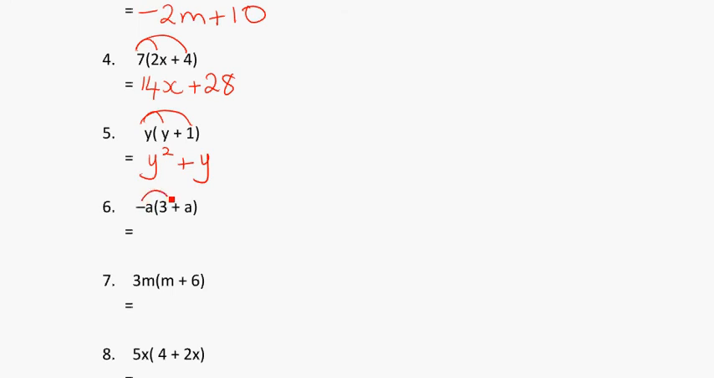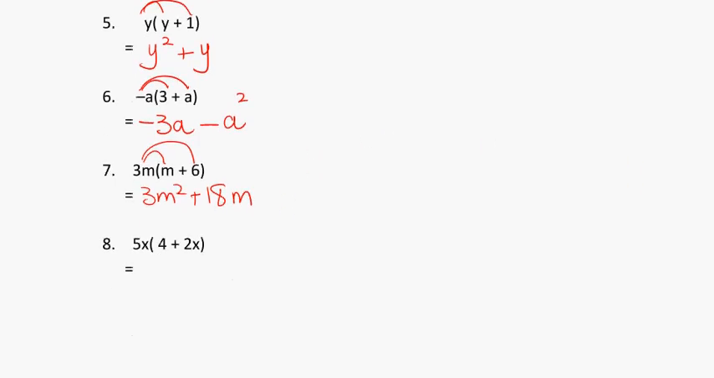Right, negative a times 3. Okay, we've got a negative times a positive, so we're going to get a negative 3a, just put them together, and a negative a times a positive a. Signs are different, and it's a squared. 3m times m, 3m squared. 3m times positive 6, 3 times positive 6 is 18, and we still have the m there. So use all the rules of multiplying that you know. And the last one,